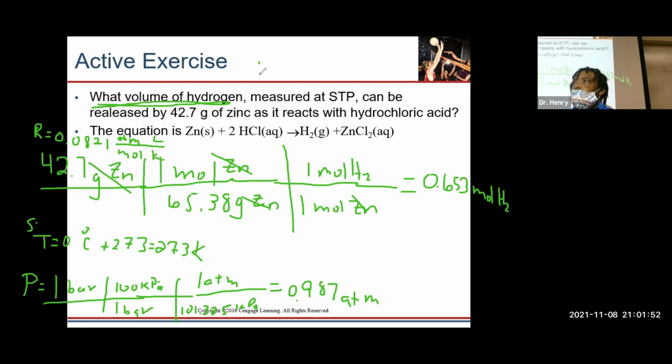How about the ideal gas law? PV equals nRT. Okay, because we have all of that. We have pressure, we have number of moles, we have R, we have T. We can solve for V. So we get V equals,